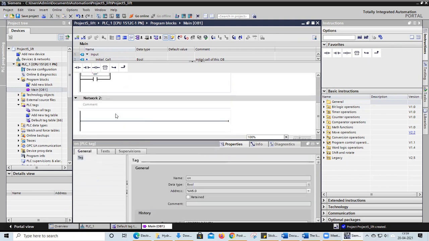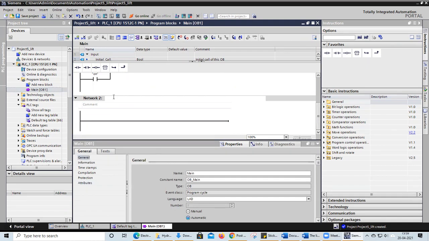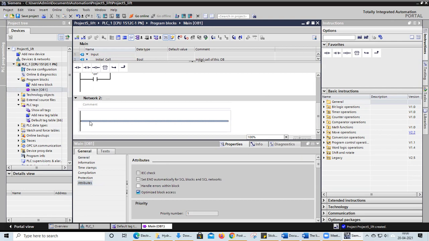Now in the second case I'm coming here. Here I will write the lift application. In the first floor it has to stop. The lift works when it is powered on, so the on circuit will be there here. Afterwards I need to verify which floor, so I'm going to use a comparator operator.